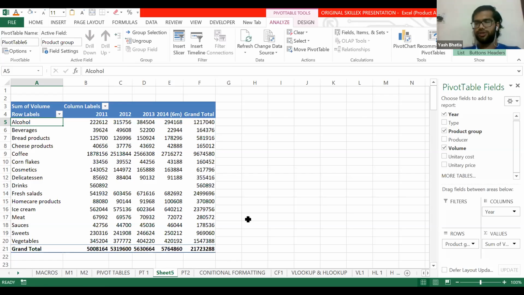That's the introduction to pivot tables, and it's not all about it. It's just a brief summary of what pivot table is and how it extracts data from huge chunks of data. I hope you find it interesting, and if you have any doubt, please feel free to put your query in the chat box.